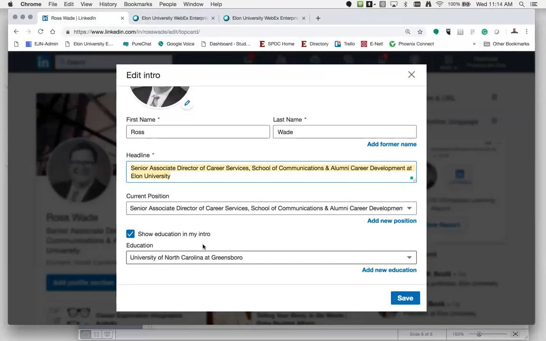So lots of professionals, if they don't want to use their current job, might type in something like a title like art director or mechanical engineer or accountant or physical therapist. And that way, when I go to their profile and I look at their headline, I know exactly who they are and what they do. It's very simple. So think about that as a great way to brand yourself.